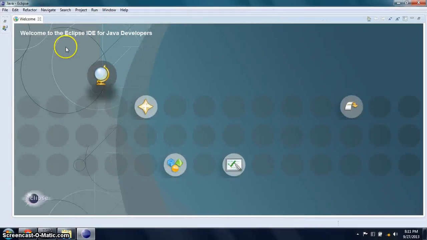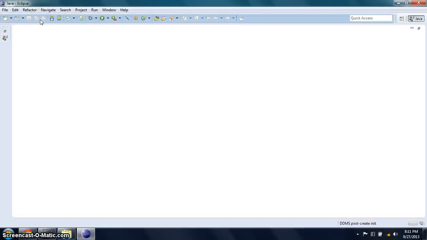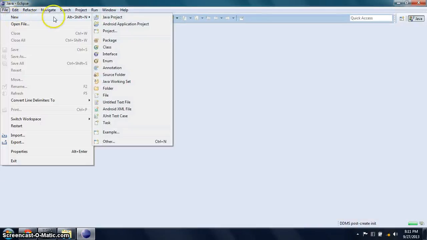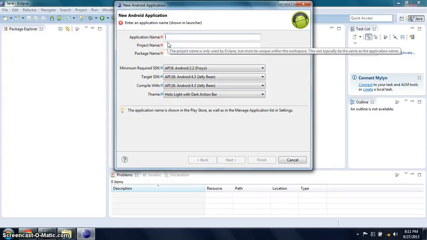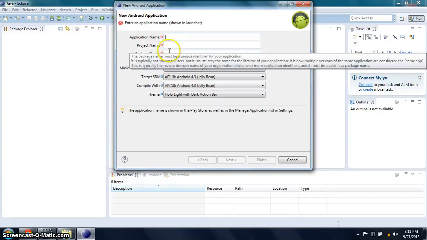Now let's make an Android project. First, you need to open file, then new, then select Android application. So you have to specify the application name, the project name, and the package name in the appropriate text field.